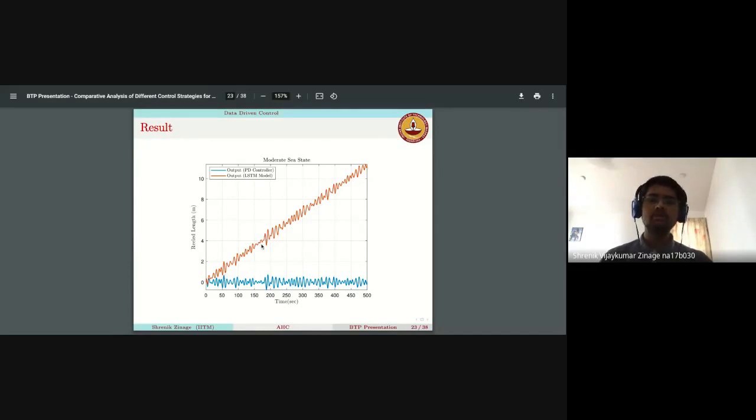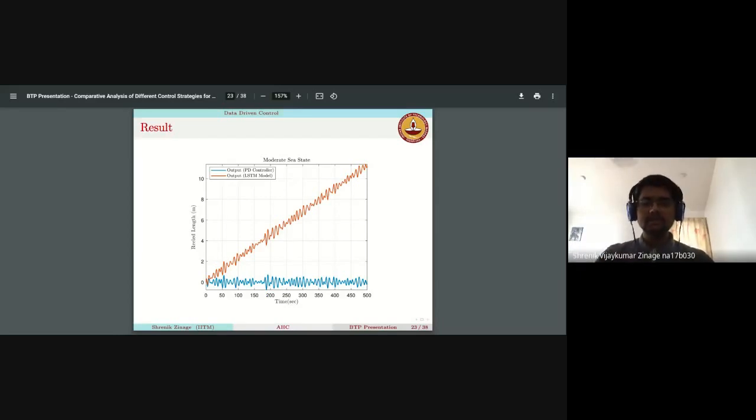So it tried to oscillate due to the learned behavior, but it went on going down and down. The orange curve here shows the output, which is the read length, when the LSTM model's control input is implemented, and the blue curve shows the output when PD control is implemented. So this is what I had given it as data, but it did not learn that. The reason why it happened is that there seems to be a slight error, a fixed constant error offset, between the predicted control input and the PD control input.